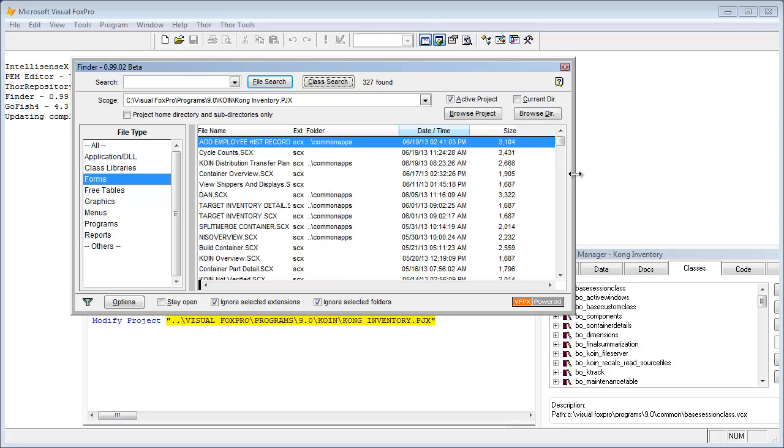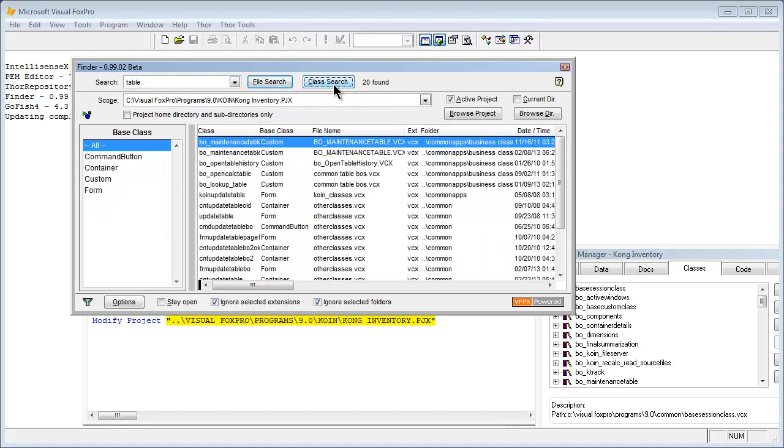So if I sort on the column, I'll find the most recently changed forms based upon their actual modification, not upon the date on which they were last compiled. You can also search for classes, and actually this is what I do a lot more. I'm much more likely to search for classes than I am to search for forms, and I can do the same thing here and search for classes, and I have 20 classes